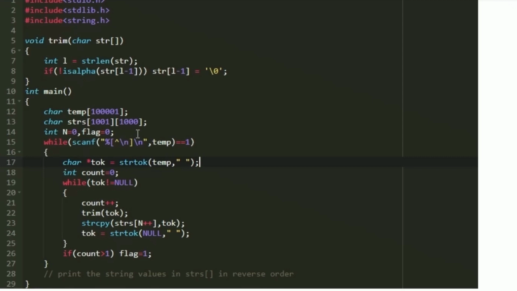So here we will be calling the function strtok, and in the arguments we will be giving the character array temp, and it should be split based upon space. So in the second argument we are giving space. In order to use this function, first we have to include string.h. Now we will be iterating through each and every token, and we will be counting the total number of